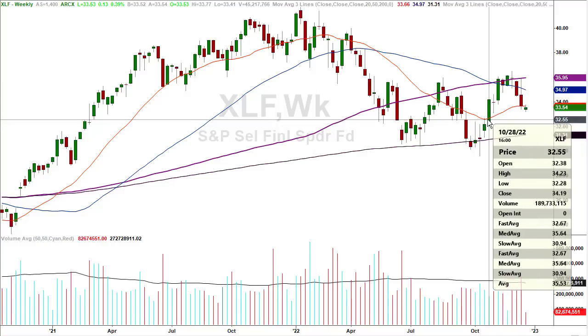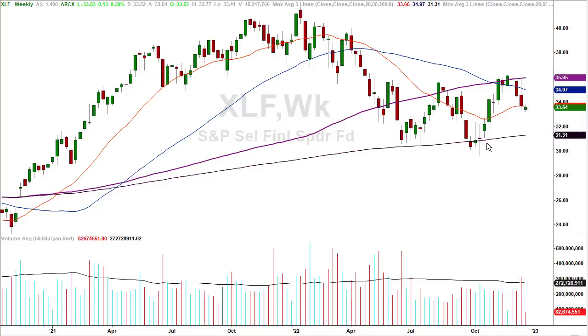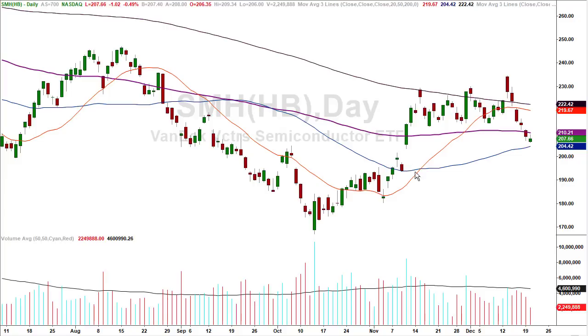They're going to come down to begin running a test of this breakup candle low, 32.28, 32.30, 32.50, 32, somewhere in that vicinity/ballpark. What about smash mouth? They're coming into an area that's going to be showtime for the bulls to play defense. Let me explain this one. Breakup candle low, coinciding with the 50-period moving average on the daily chart. Below here is no man's land, which means it opens the door for another leg lower somewhere down in this neighborhood.